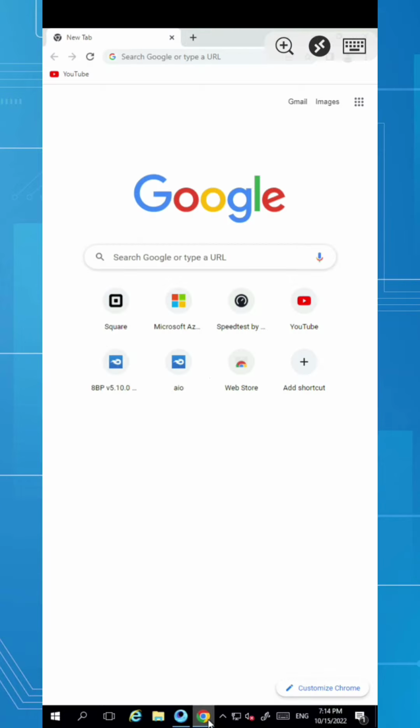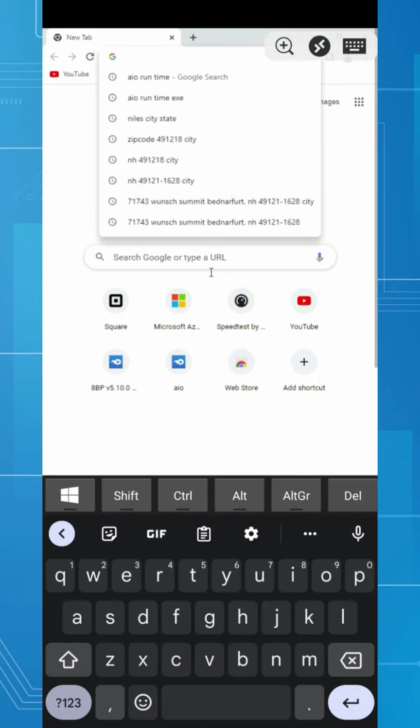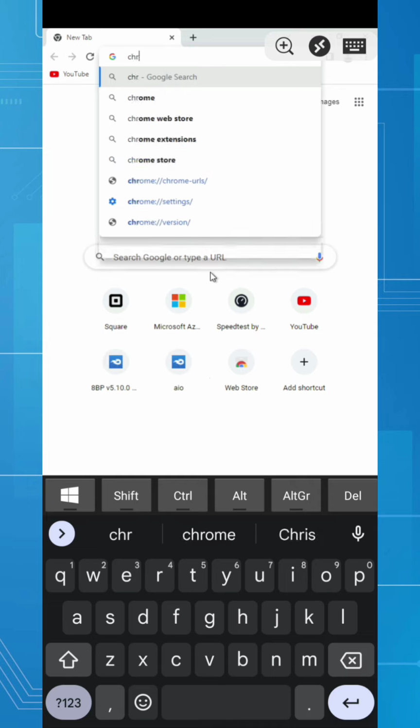Hello buddies, welcome back. In today's tutorial we will see how we can lock our browser using an extension or add-on. First of all, we have to search for Chrome Web Store and then